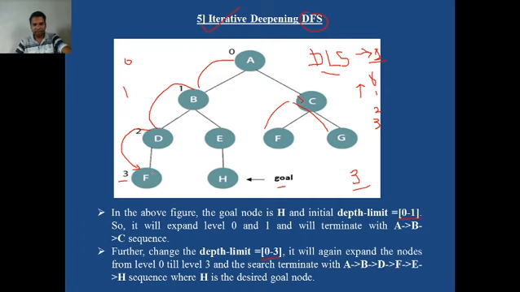It will try to backtrack the tree, but as D is already traversed, it will backtrack to E. Again the goal test is performed. E is not a goal node, therefore it will expand in this direction, as B is already covered and B and H are connected to E. As B is already covered, it will traverse to H, and the goal test is performed. Yes, H is the goal node, therefore the search is stopped. So this way the iterative deepening depth first search algorithm works.